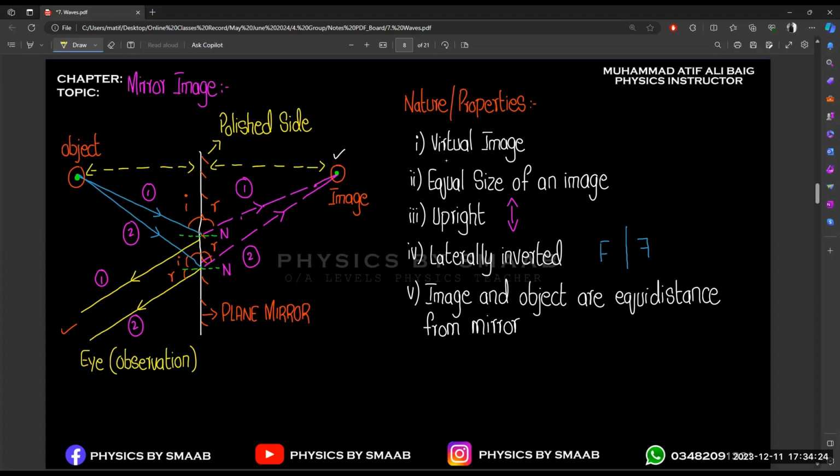So while we are working on the ray diagram, always remember we have to make it at the same distance. Most of the time they give you some options in the picture, and they will never ask you to draw the complete diagram by yourself, but maybe in old past papers you will get some questions in which you have to draw a diagram by yourself, where points are given. So this is the formation of the image diagram from a plane mirror, right?